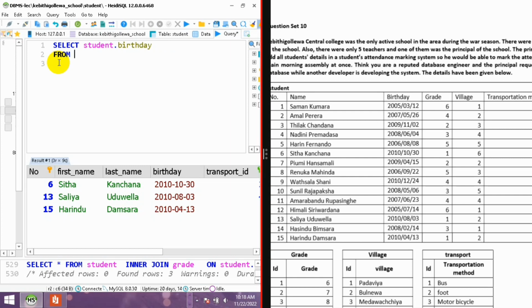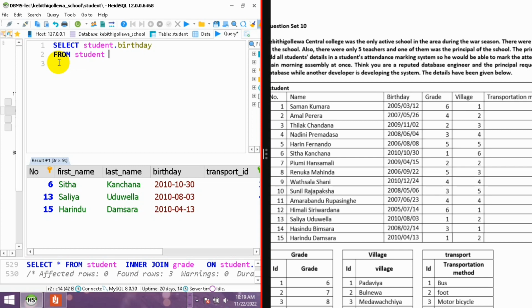Now you can see I type the query line by line, so you can identify the meaning of each line. How the query is built and how it is executing, you can identify well. So that is why I type line by line. If I query in my own work, I query in one line. But this is an explanation video, so I am writing the query line by line. So, from student,